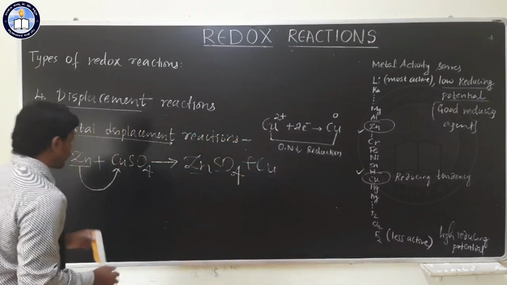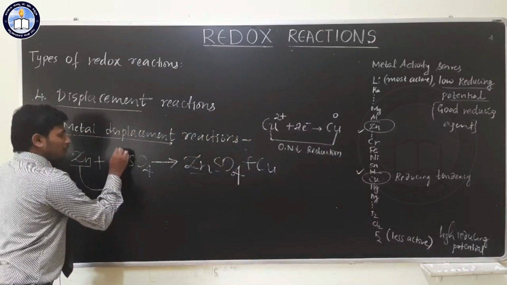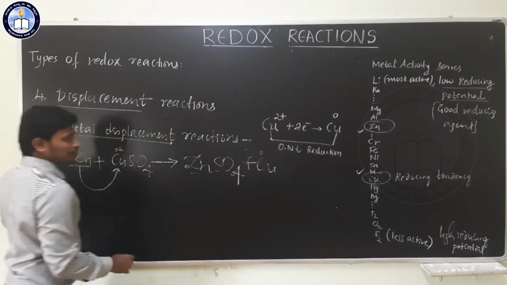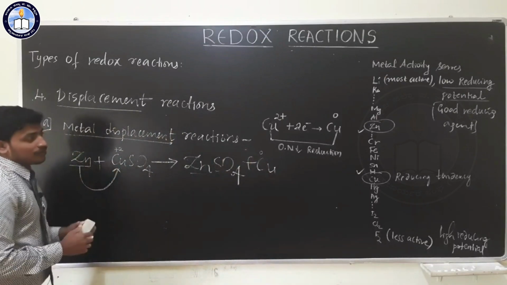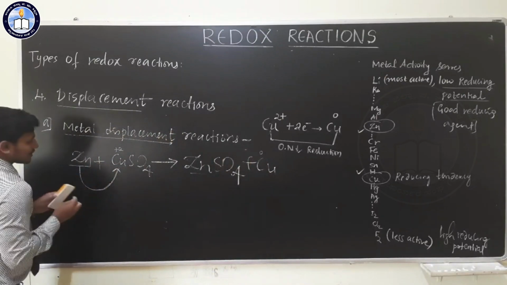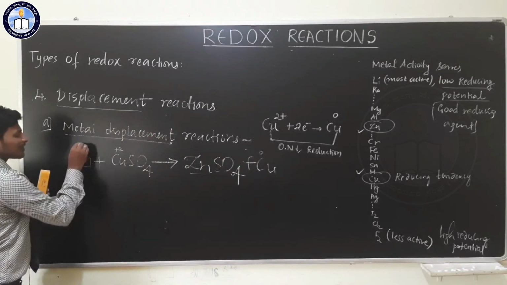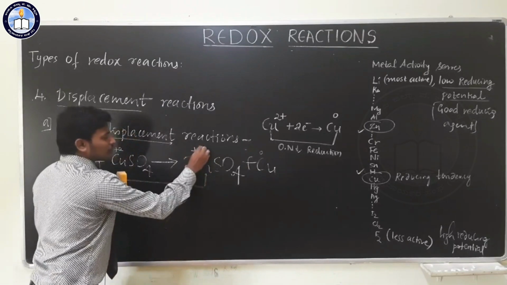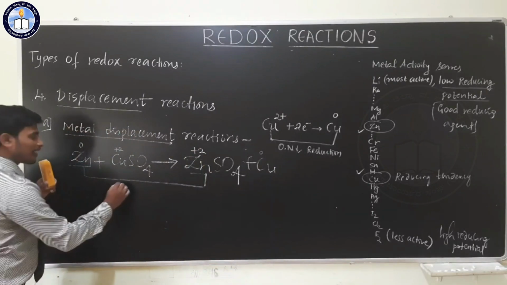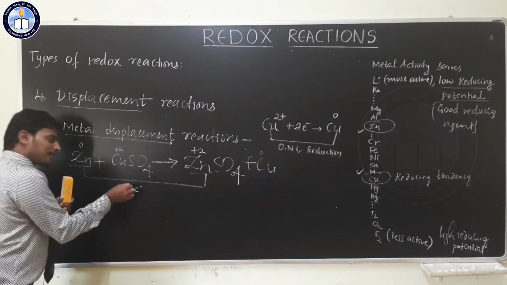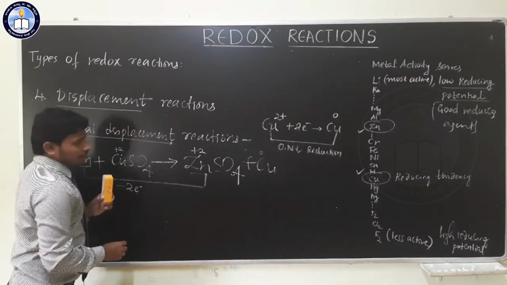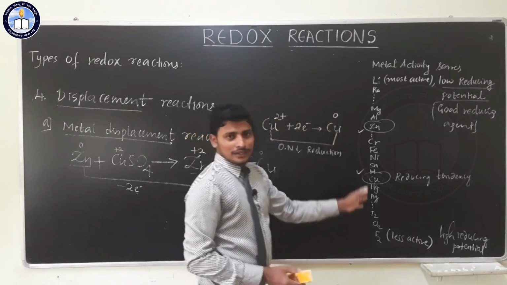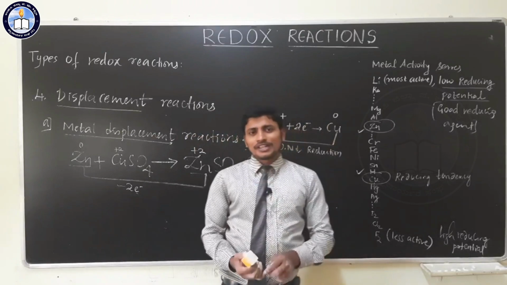Hence what happens, the copper in this case is in +2 oxidation state, and that turns into 0. How is it possible? By taking 2 electrons. Who gives those 2 electrons? That is zinc. See this carefully. Zinc, which is in 0 oxidation state, is giving rise to ZnSO4. Here it is +2. When is it possible? By losing 2 electrons. Those 2 electrons are taken by Cu2+ ions, giving rise to copper. Okay, based on this activity series we can decide which element displaces.